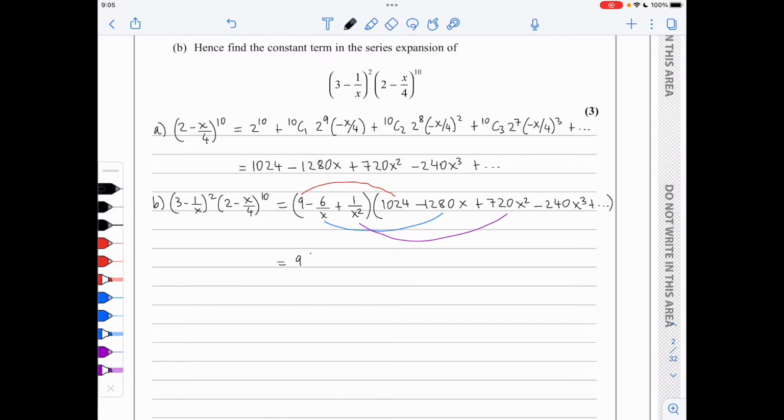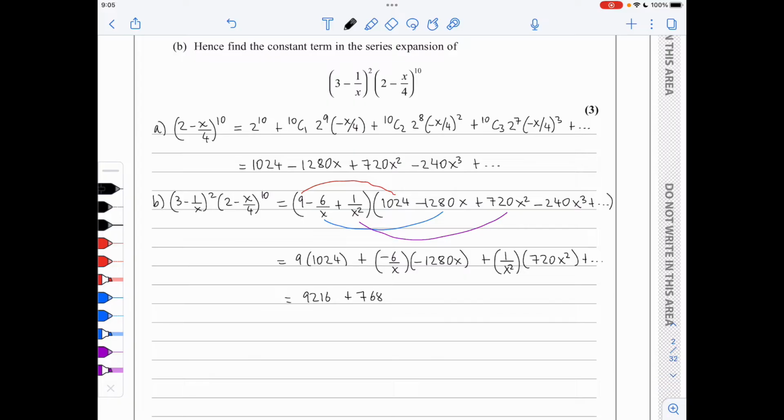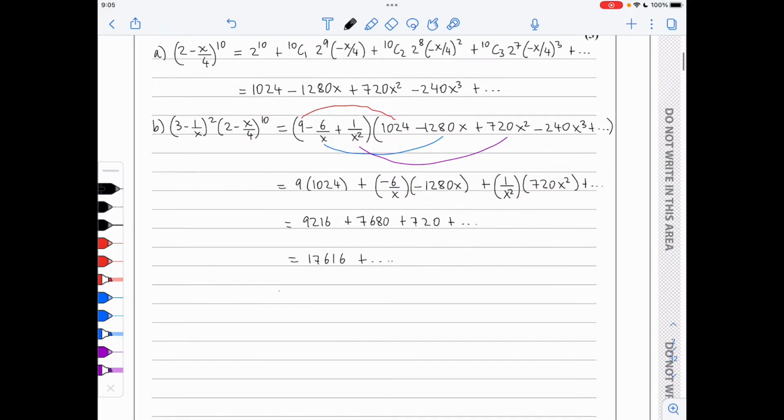So this is 9 times 1024 plus negative 6 over x times minus 1280x plus 1 over x squared times 720x squared, which is giving me 9216 plus 7680 plus 720 plus dot dot dot, which is 17,616 plus dot dot dot,